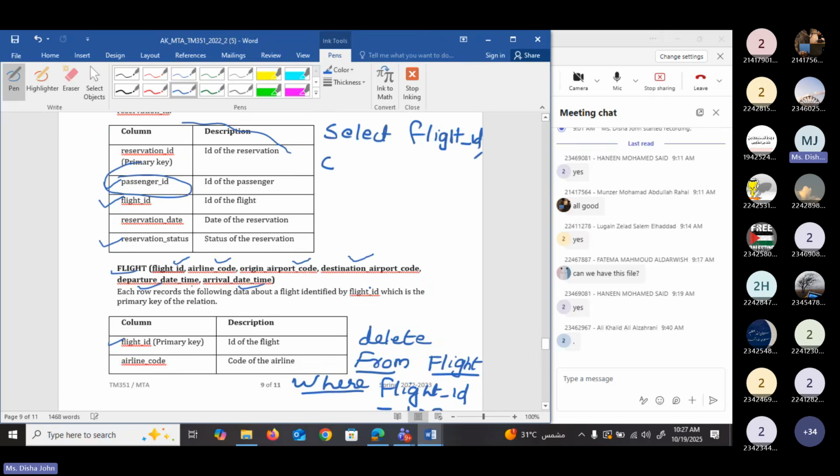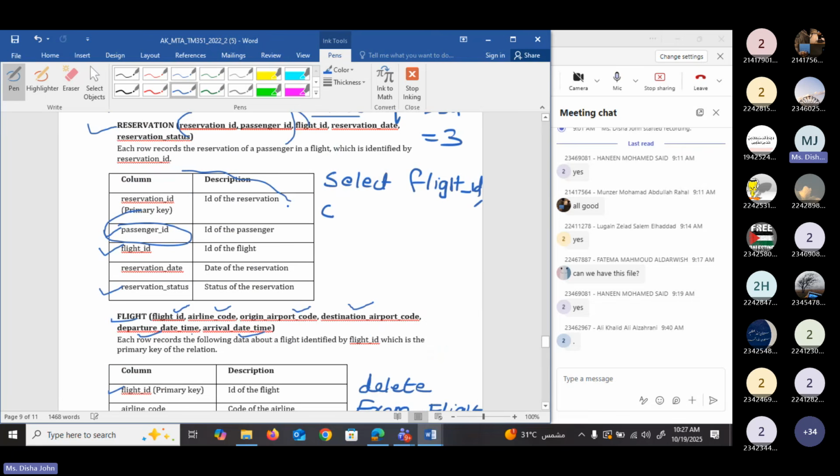If you want to give a column name for the output, we can use the keyword as. After as, you need to write the name of the column. So flight underscore ID. Here no need for a comma. After that, you need to write the count function.